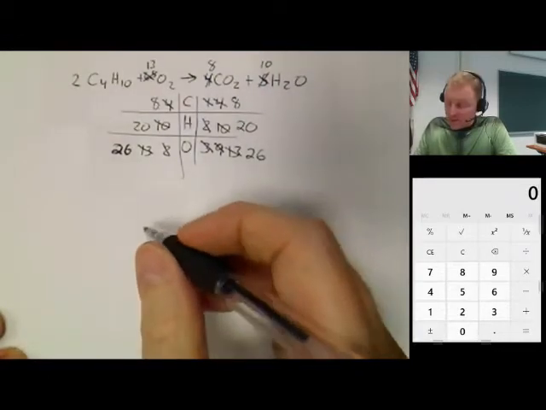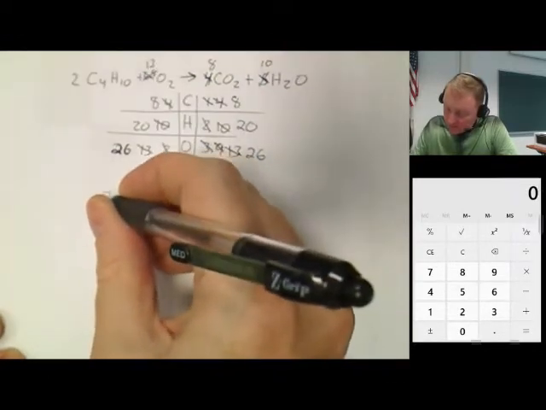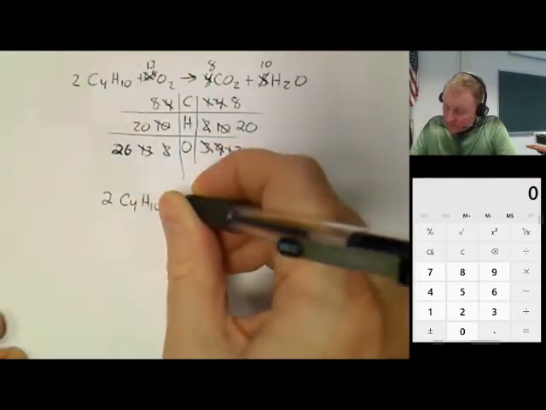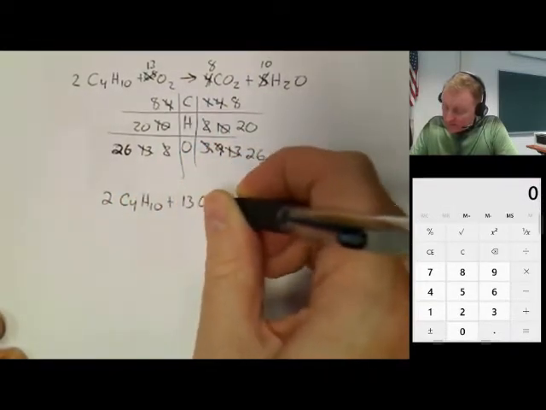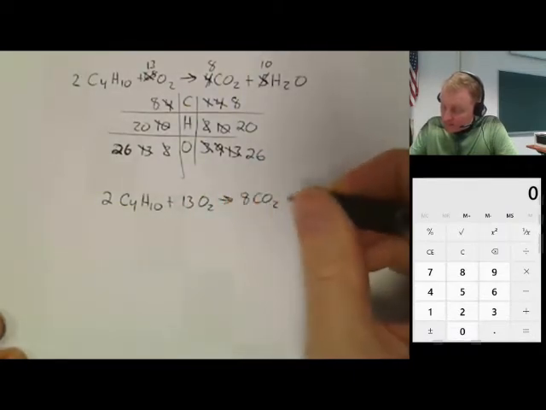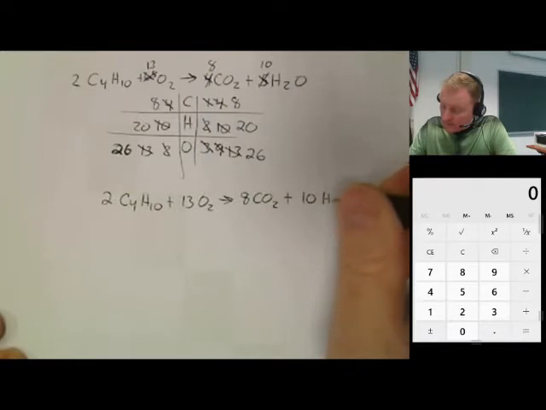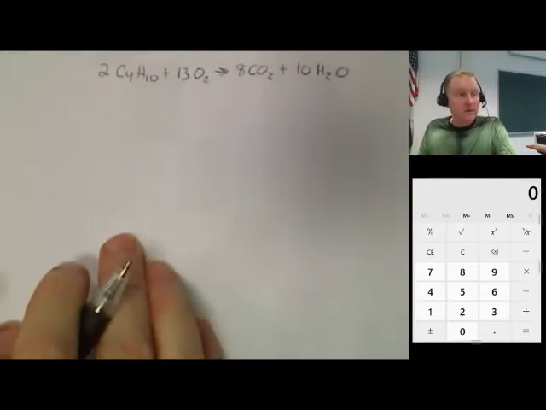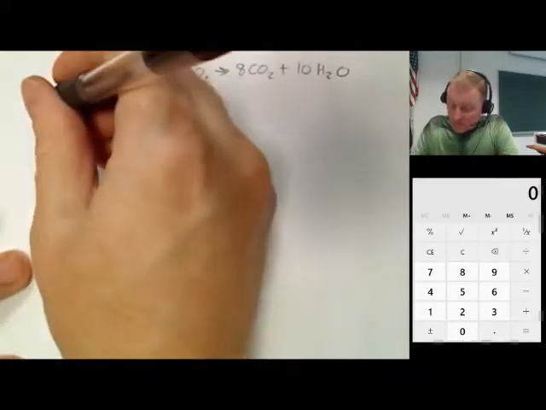So our balanced equation looks like this: 2C4H10 plus 13O2 yields 8CO2 plus 10H2O. There's our balanced equation. And that was how we worked it out. So number 1,